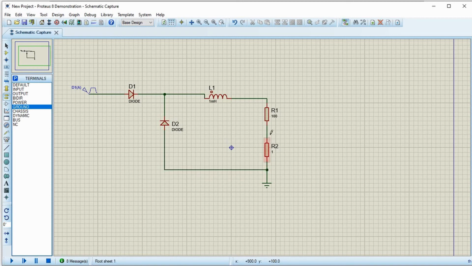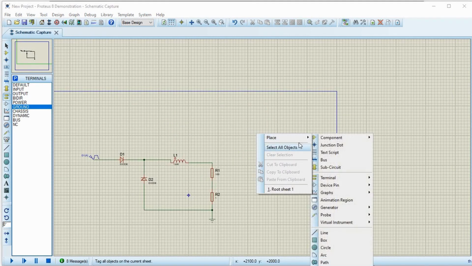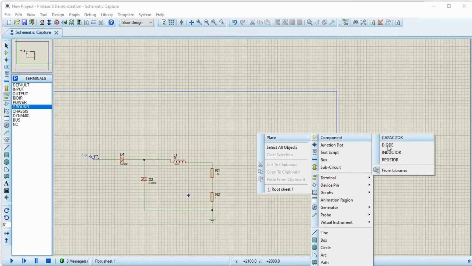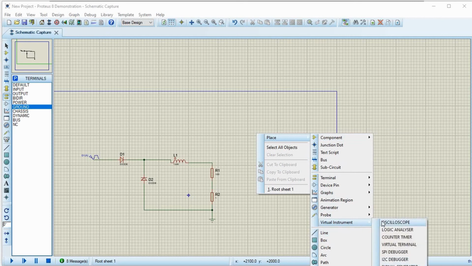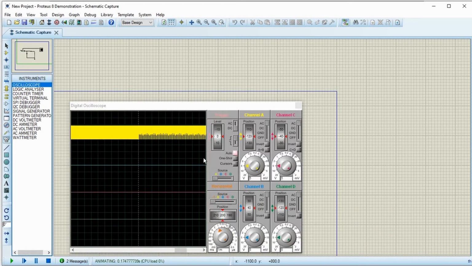So in this case, we are using a current sensing resistor. And let's use an oscilloscope. We'll just make sure our supply is working.